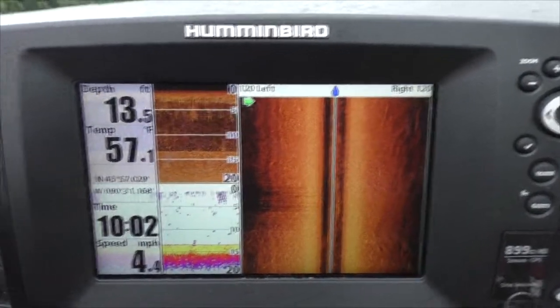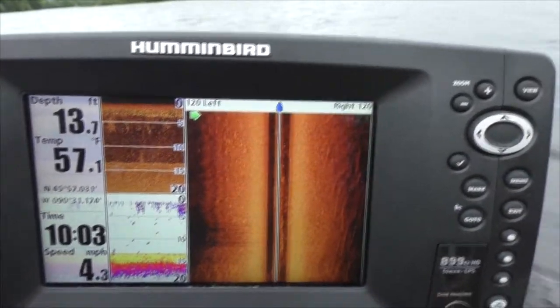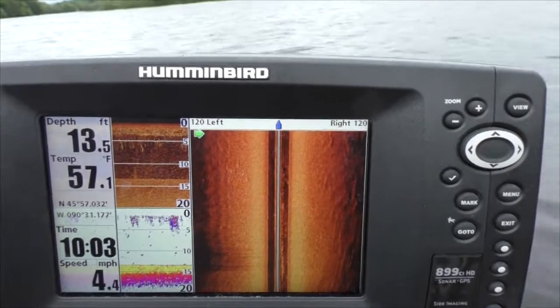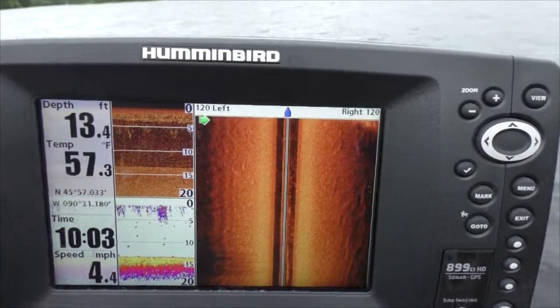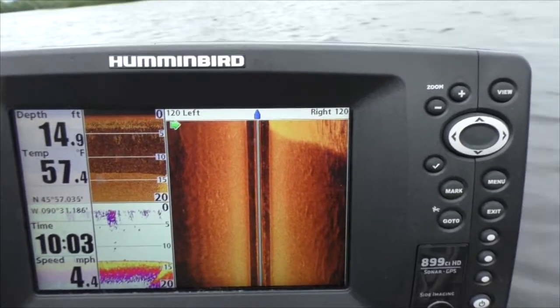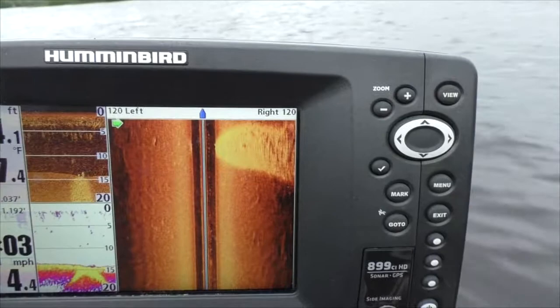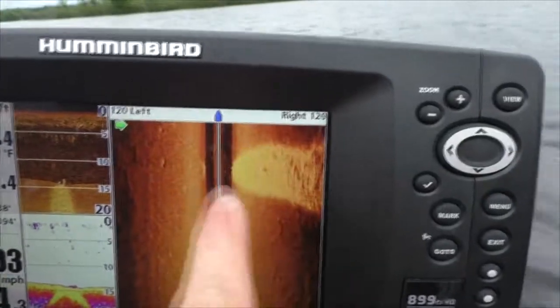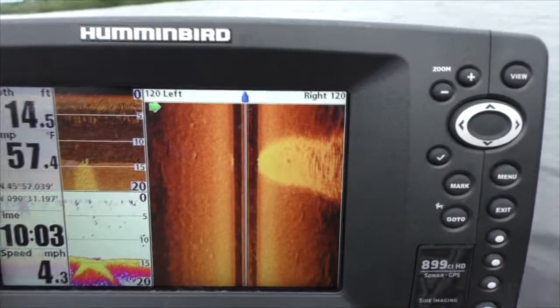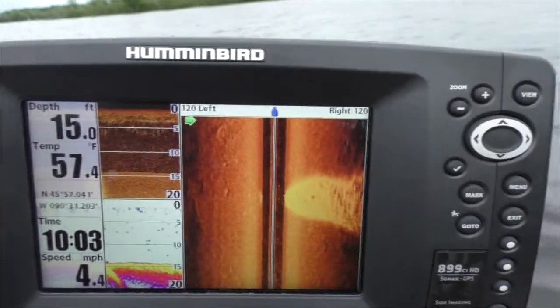But you know, if you're going to be fishing for muskie, let's say, you find a nice main lake rock point, this will be a good spot to check. And here comes the extended point right now. We're right over that extended point, and here's a rock finger right here. This is just a rock underwater bar right here, in 14 feet of water. So that's a lot of times where fish are going to stage,